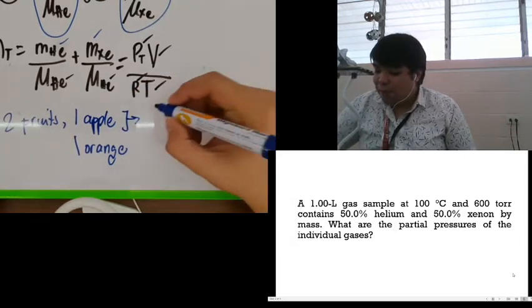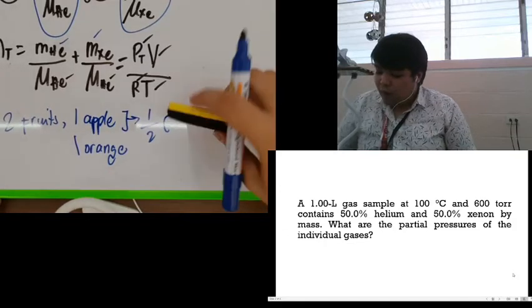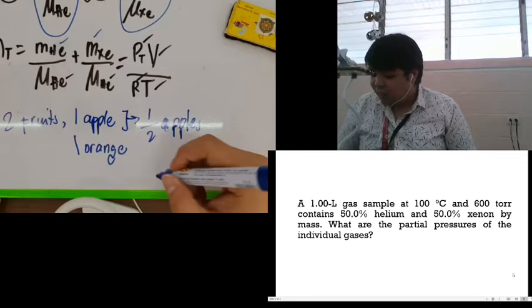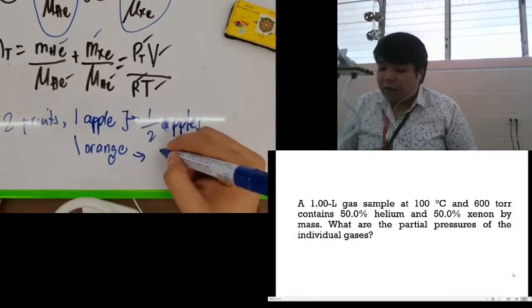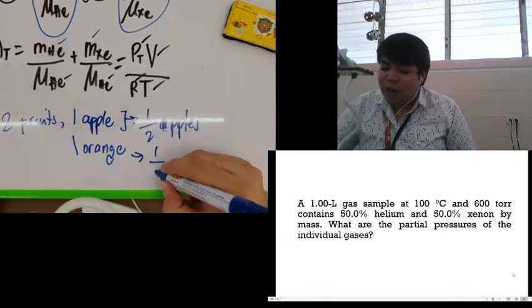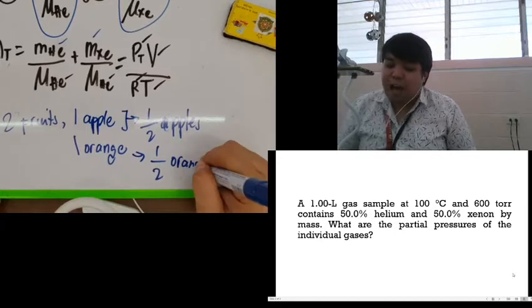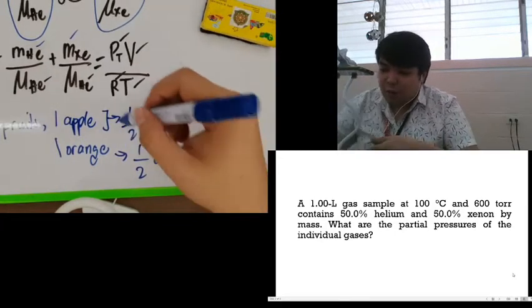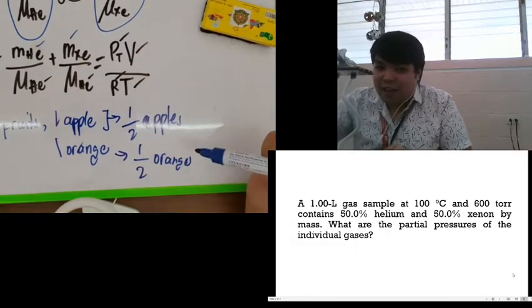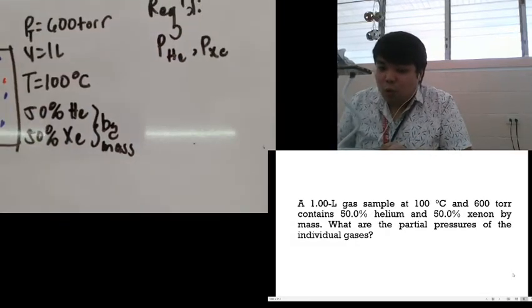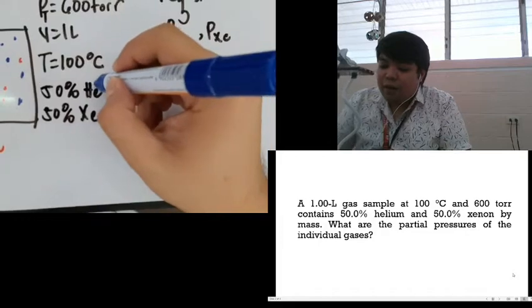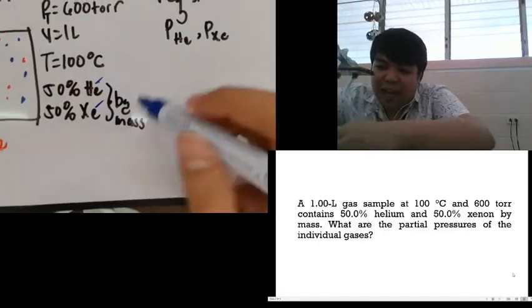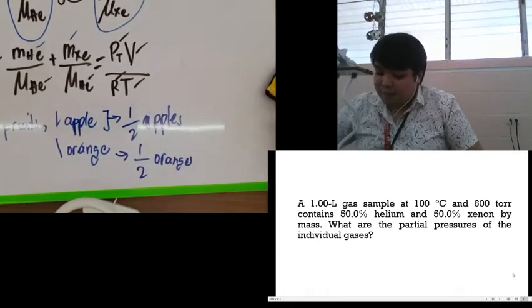It's composed of apples, and one half of it is composed of oranges. If you notice in this one half, both have the same amount, right? And since from this equation, we can say from the given that this is one half, that your mixture is 1/2 helium, 1/2 xenon by mass, that means